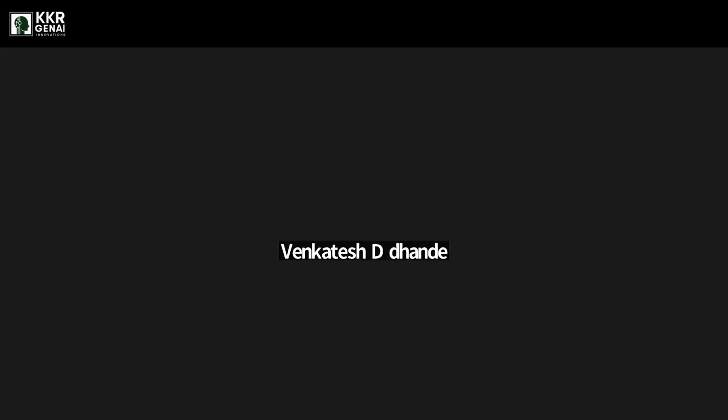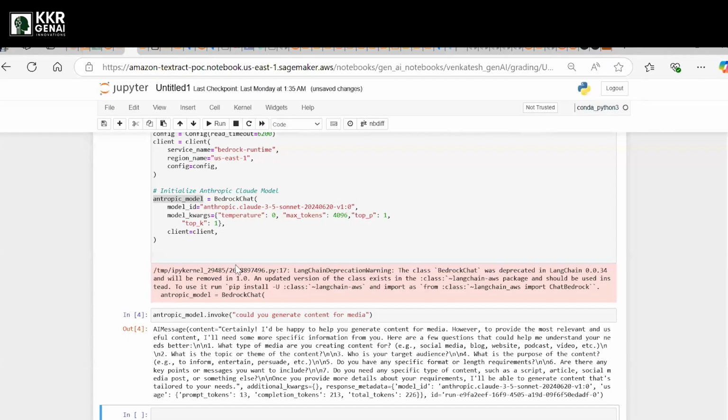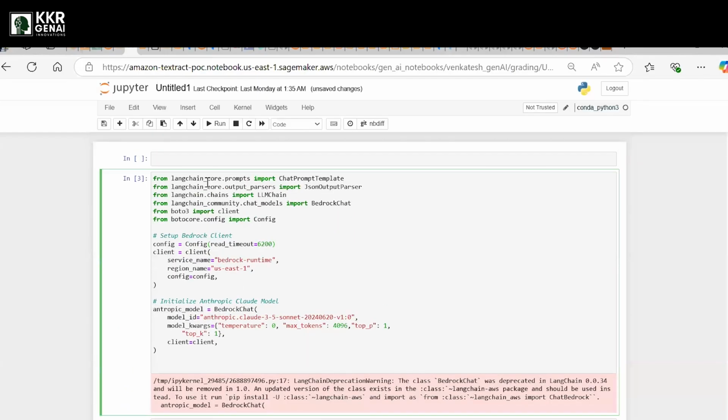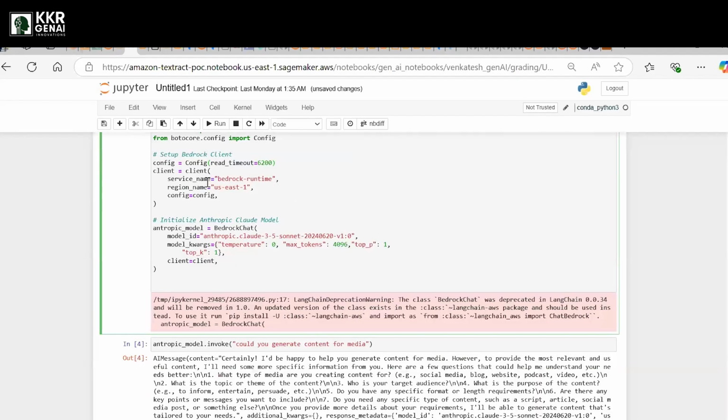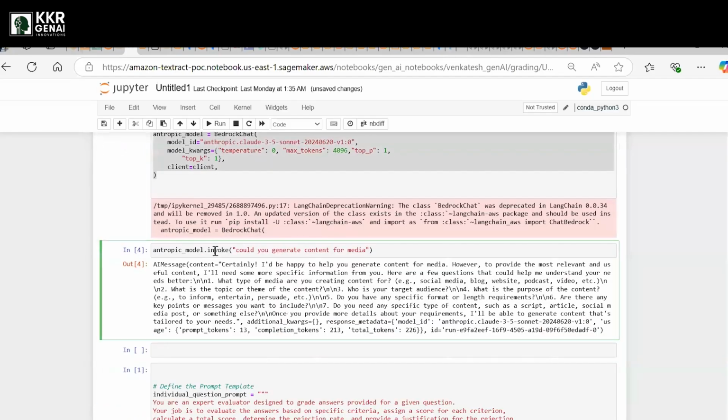Yeah, I'm sharing my screen. Here you can see this is the coding side which I'm showing you. We can build with a Streamlit application as well. Here I have connected my LangChain framework, and I'm using the Bedrock services as the cloud, and I'm giving it the prompt: Hey, could you generate content for media?